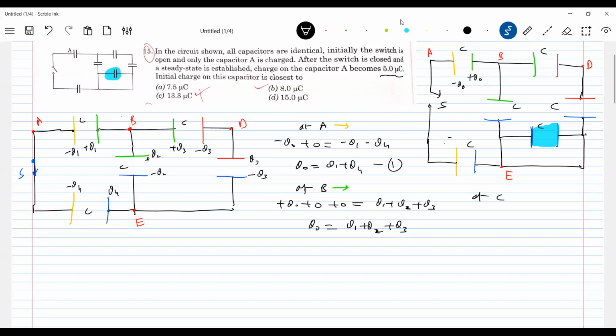Similarly, at C, at D. And this capacitor is shorted, no? So just replace it with a wire itself. At D, what was the earlier charge? 0. Minus Q3 plus Q3. I think this will be of no use. Just leave it here. Now at E,